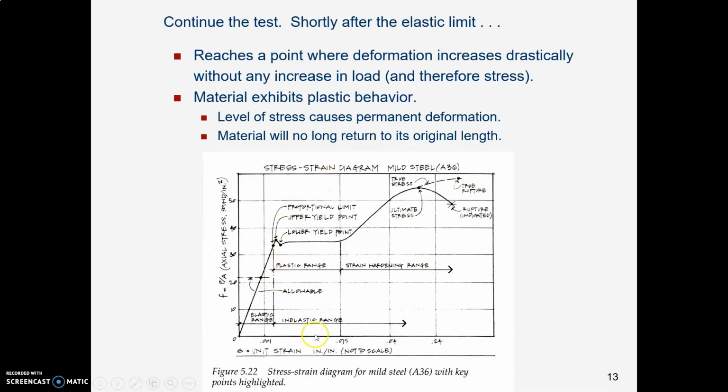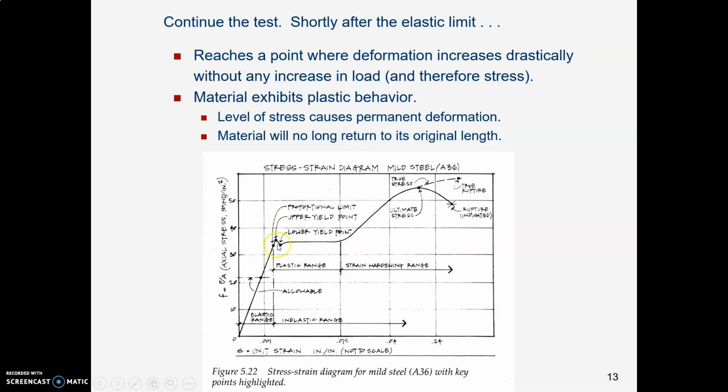Here is a stress-strain diagram for mild steel out of our book. And so there are three little points that are really close together here in the graph, and don't worry too much about what the different ones mean. It's not that important to us. But so you have reached the elastic limit,